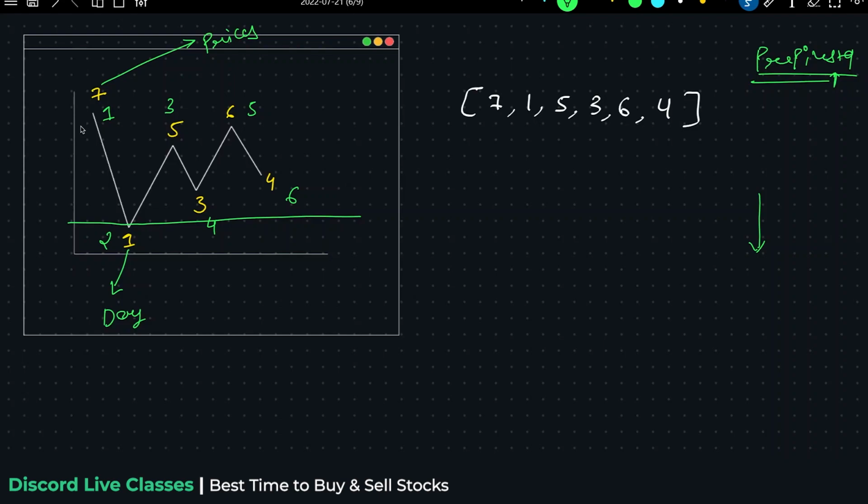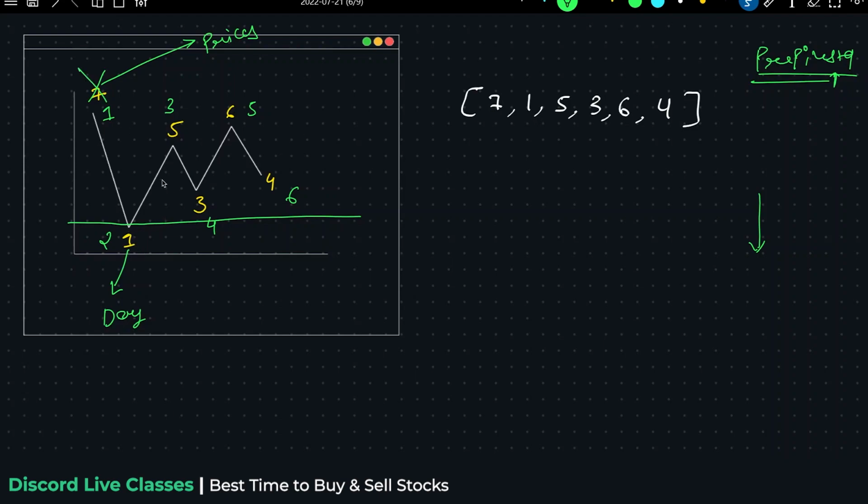Give me the answer. Sir, because we have to buy before we sell. Correct. So before selling anything, we should make sure that we have bought the item. Of course, you cannot say, I will buy in the past, or sell in the past. That doesn't make sense, right? First you should buy the item, and then you would be able to sell the item. So after this, the first day is discarded from the options.